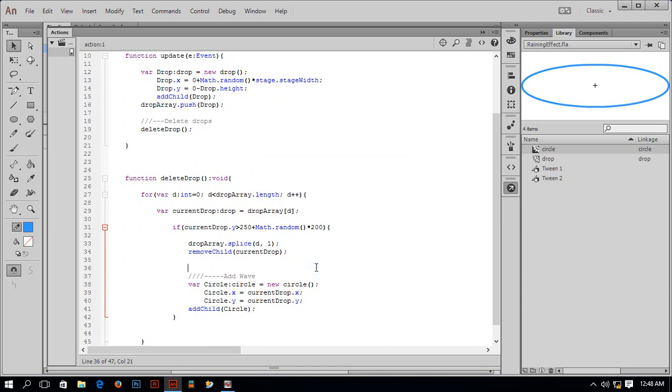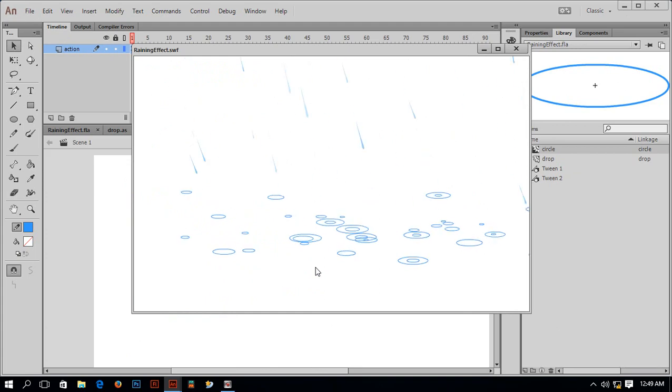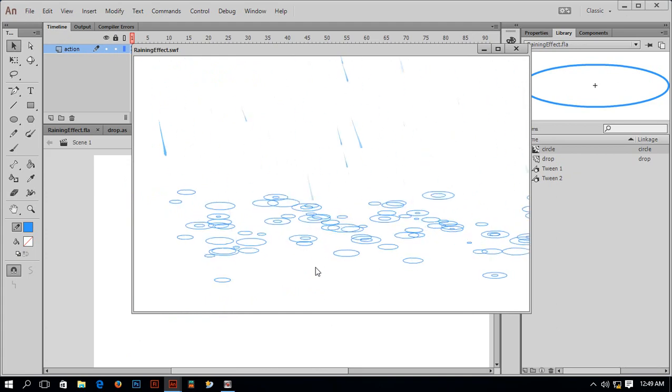If I test it now, it is possible to see that circle whenever the drop is deleting, in exactly the same position. So you see it's working fine, but